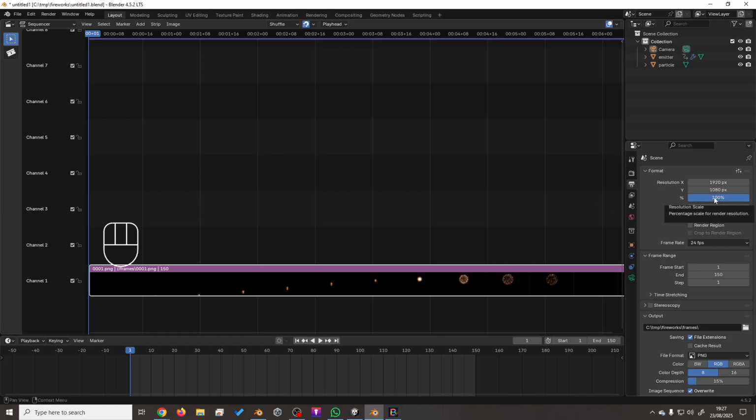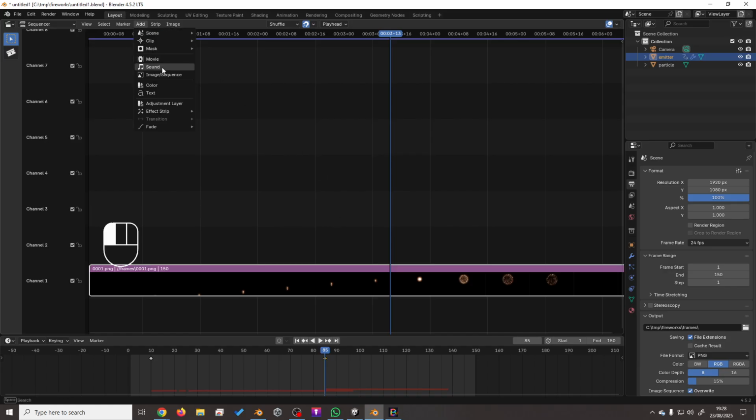And then going back to the viewport layout, do I need to do that? No, I probably don't. I just need to go to the emitter. We can see it's starting here. I'll just add one sound effect for ease for now. So we'll add the explosion at this point. So this is where the explosion starts at frame 85. So we're going to add in a sound there,